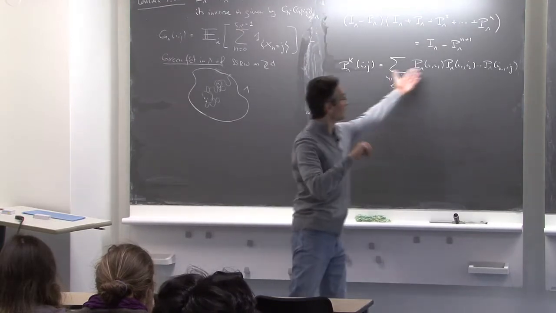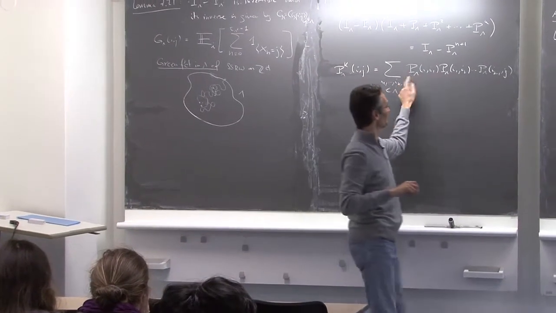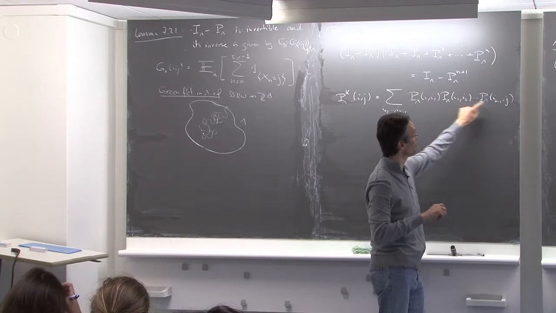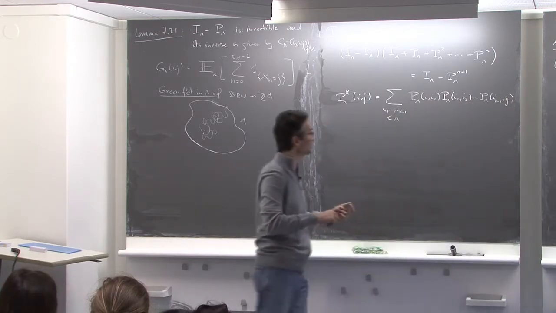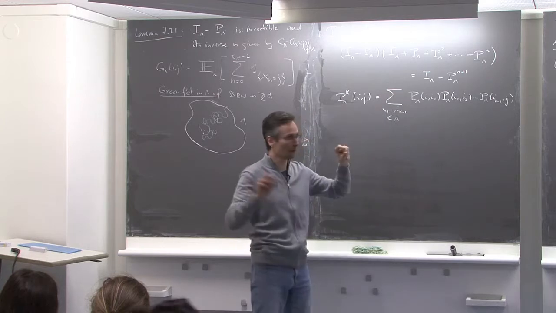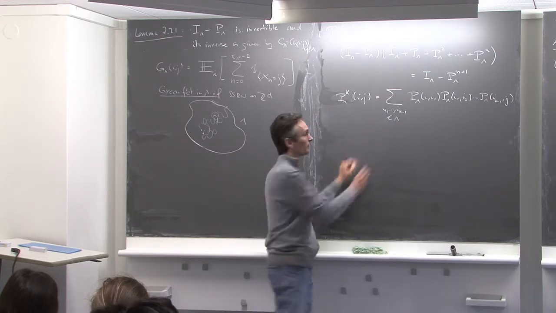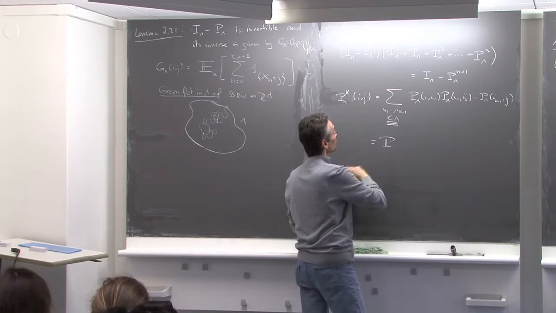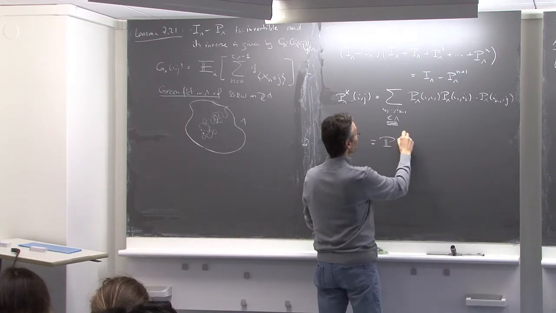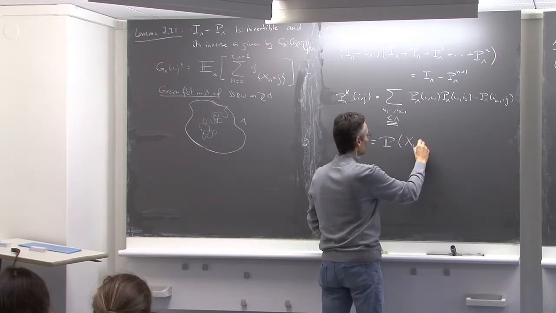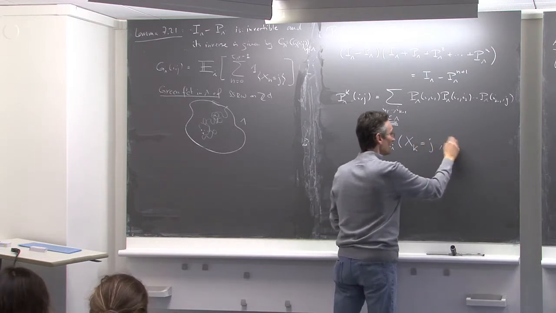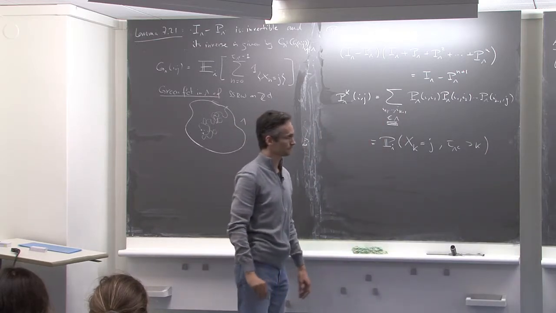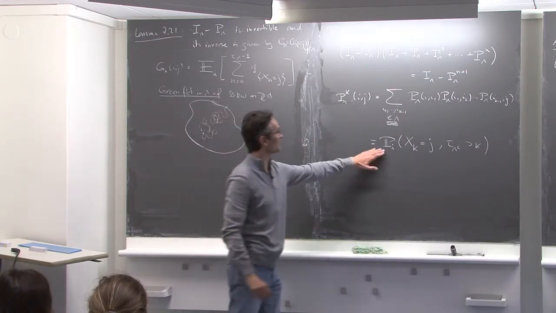And now you can interpret this term. The product here is just the probability of the trajectory i_1, i_2, i_3, up to j. I'm summing over all trajectories which go from i to j, staying inside Λ. That's very important. So that's the probability, starting from i, that X_k is equal to j and I have not yet exited the box. That's just a representation for this.